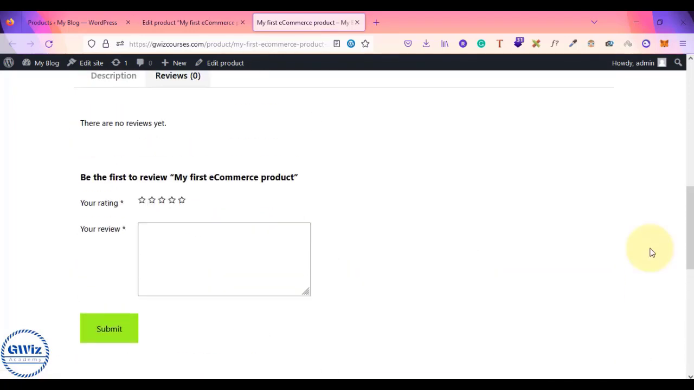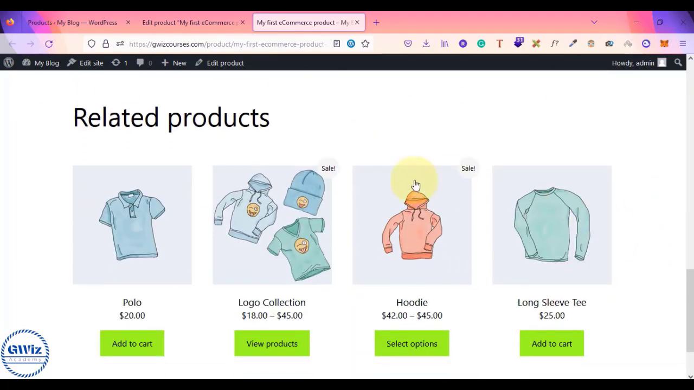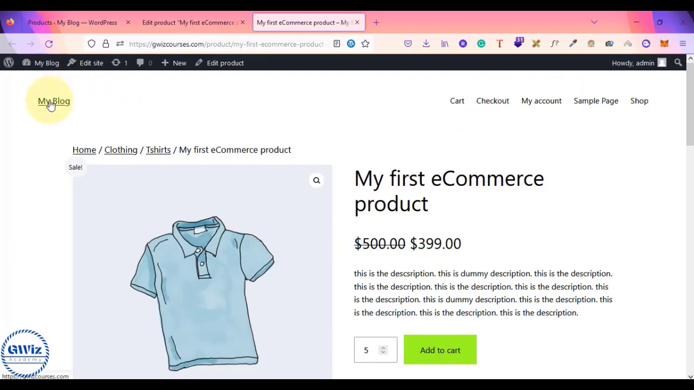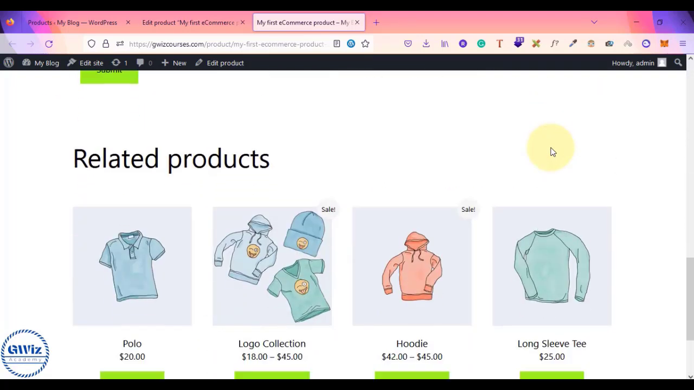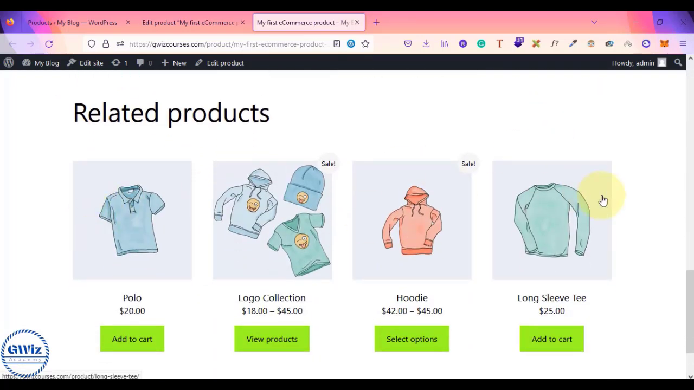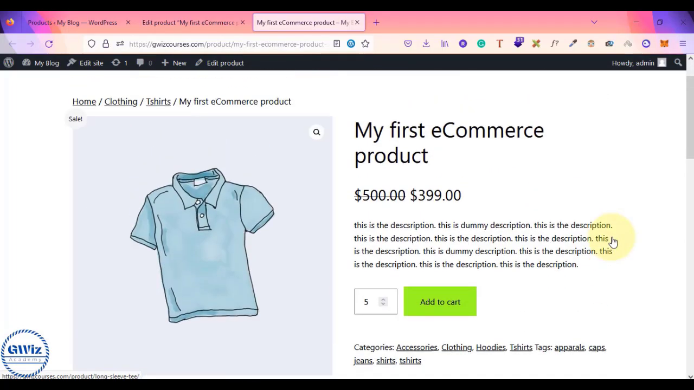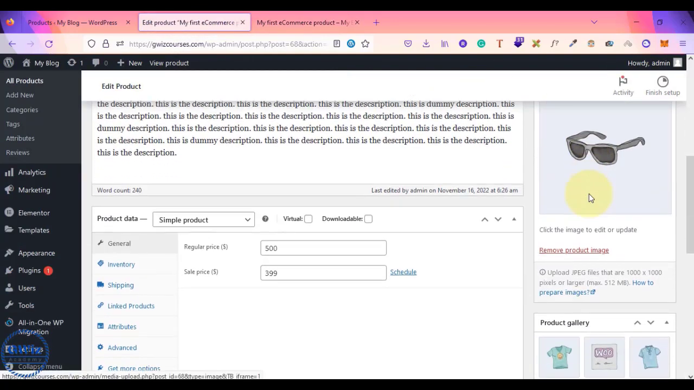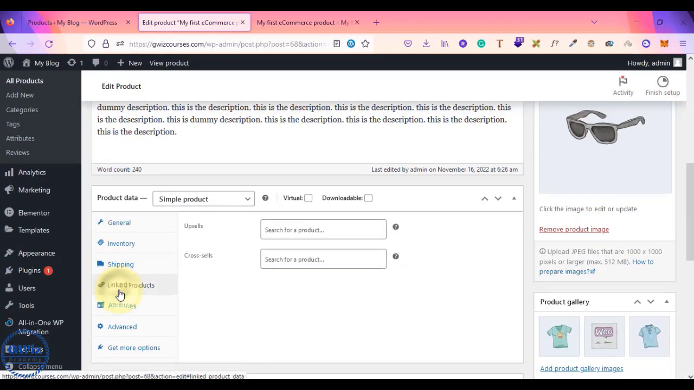Now I want to show you one more thing. This depends upon the theme that you are right now using. I think we are using the Astra theme or the default theme. Yeah, I think we are using the default theme, not the Astra theme. Based on whichever theme you are using, this appearance will change, the look and feel will change. Now what was the important thing that I need to show you is, if you scroll down here and go to your linked products, see,